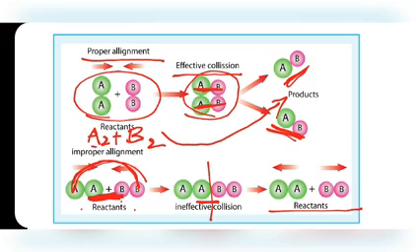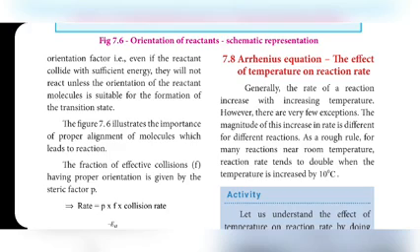So all colliding molecules are not converted into product. They possess some minimum energy. If they contain that minimum energy, then only can they convert into product. Even if they contain minimum energy, not all colliding molecules possessing minimum energy will convert into product. They must approach with proper orientation, then only will they convert into product. That point is explained here.